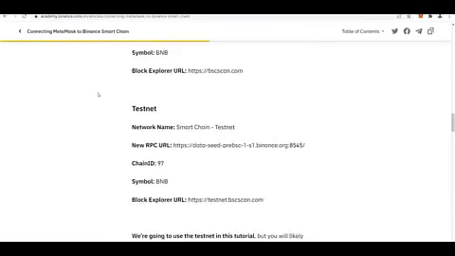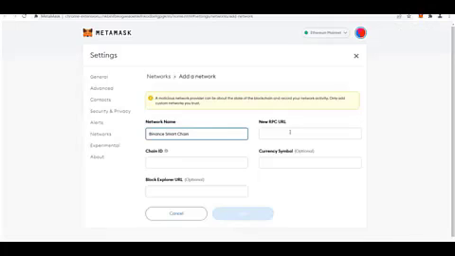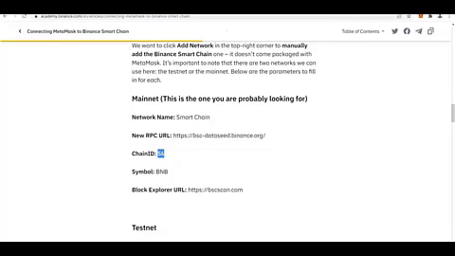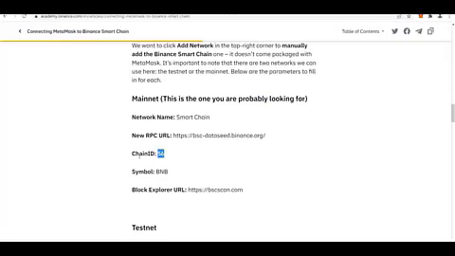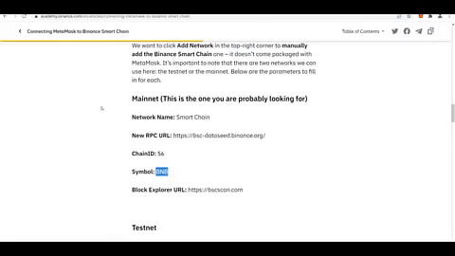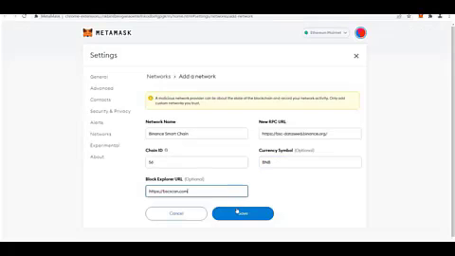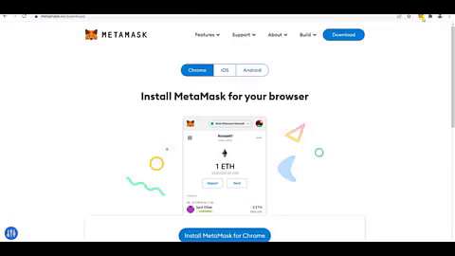Link and details will be in the description. Once you are done all that, click Save and the Binance Smart Chain network will be active on your wallet